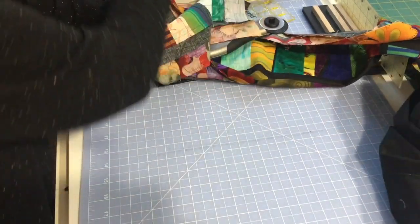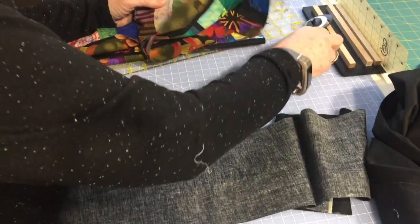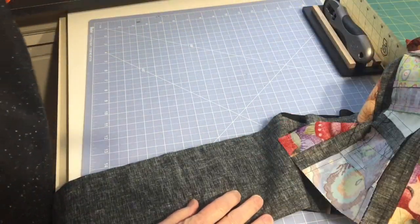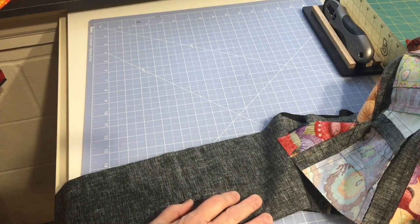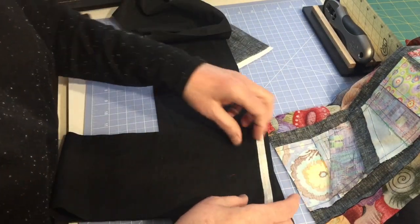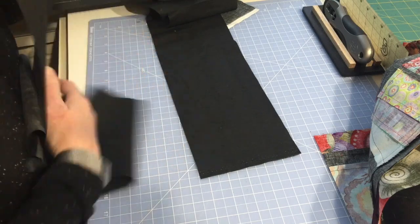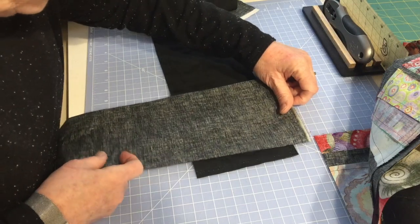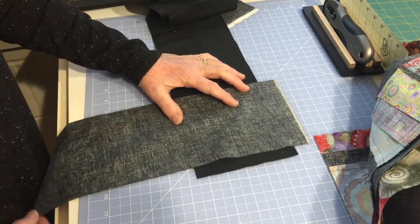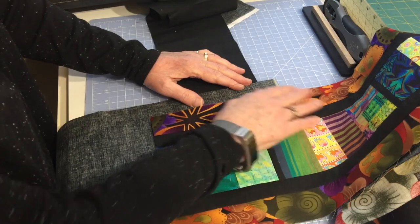So one more time, I am going to do the same thing I did before, and go to my sewing machine, but when I attach these borders again, I'm going to do this at a 45 degree. So I'm going to lay it this way, and I definitely would, because the borders are wider. I'm going to cross that. Now I'm going to mark that, and I'm going to put a pin in this and sew them together, and then I'm going to attach them to the sides,